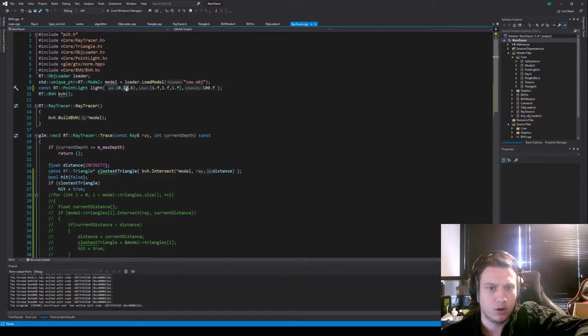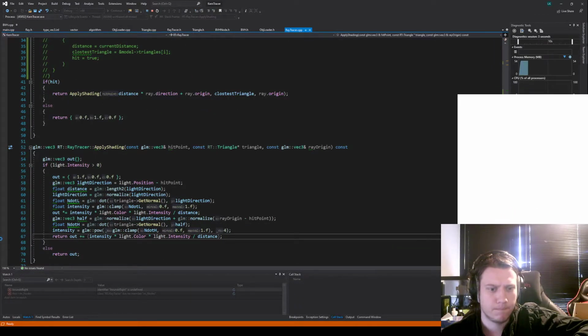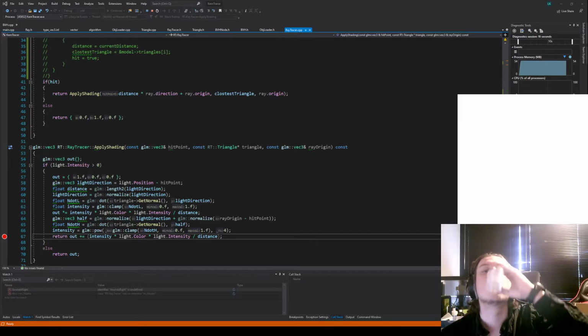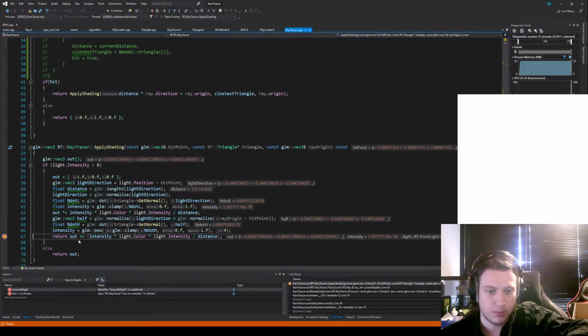So let's put the light a bit lower. Add like 5. And put this to 5 as well. So that should be fine. I'm still curious why it's completely black, because it shouldn't be happening. Right, so out at the moment is near black, okay. So the distance is, right, let's see, light intensity is 100, distance is, so this will be almost equal to, no, this is still pretty decent. So we're still retaining one of the last values. Light color is 111, so this should be equal to,